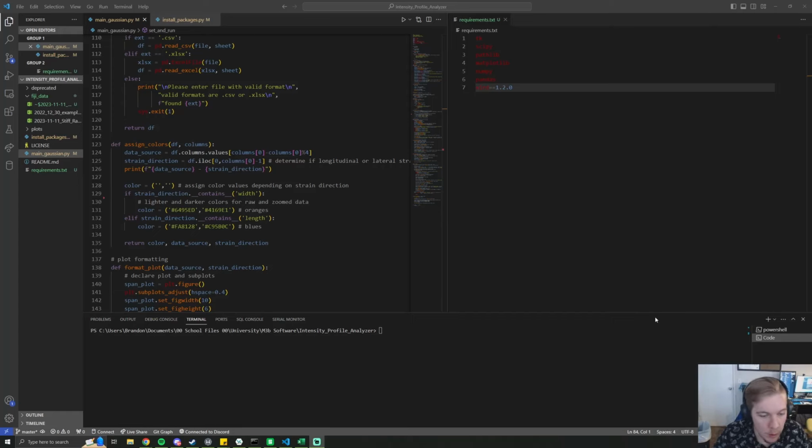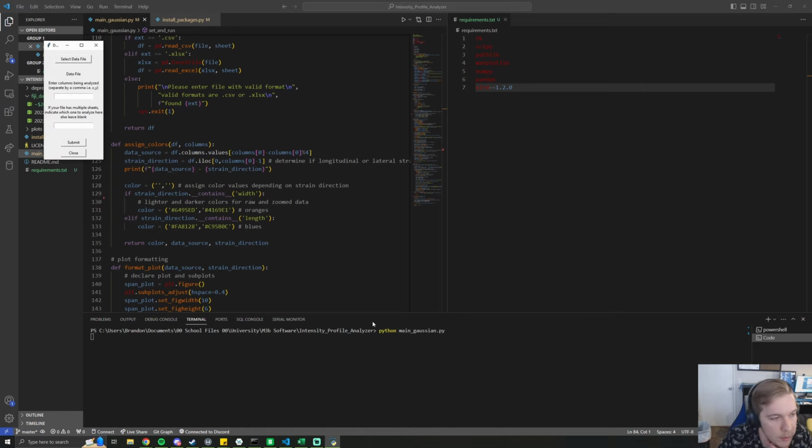Okay, now you are fully equipped with the knowledge of why we are making this software, and your packages should be ready to go at this point. So we're going to jump right into how to actually use the software. The file you're going to be running is this main Gaussian.py. You can open it up and then hit play, or my preferred method, as a developer, is just working in the terminal: python main